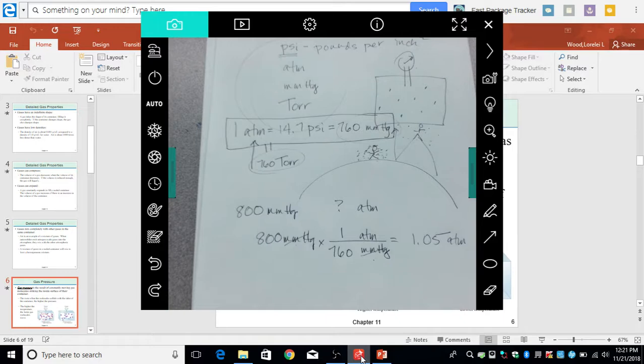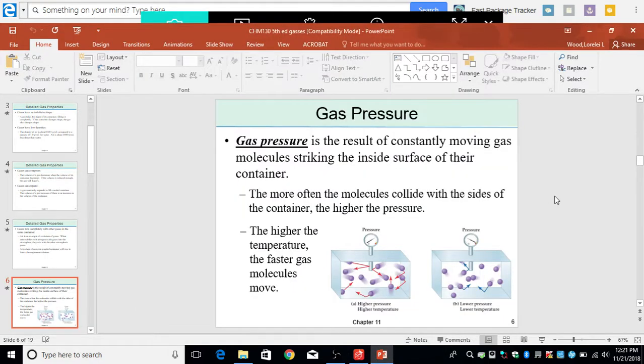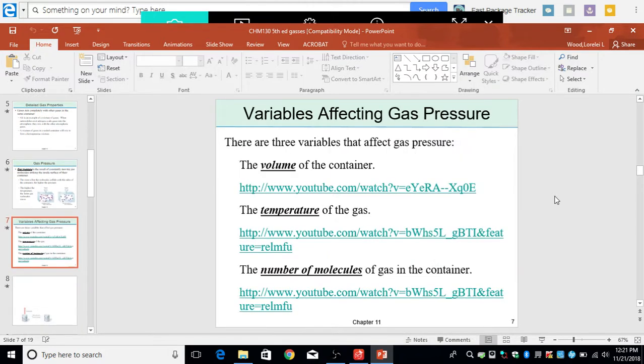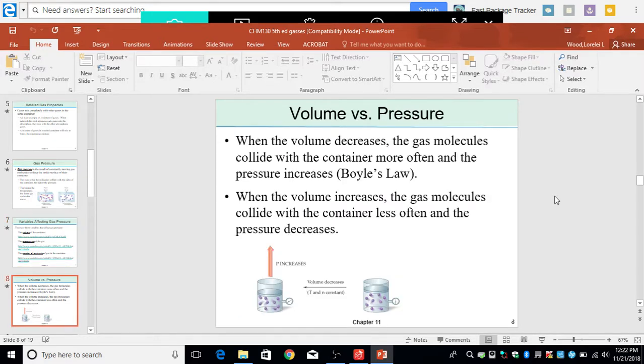All right, so pressure is caused by molecules hitting each other or molecules hitting the side of the container, like in the illustration there. Now we need to think about the types of things that might increase or decrease the pressure and talk about whose law is each one of these discussing. I'm not going to go out onto these web links because we know what happens when I do that with my media here, but I'm going to encourage you guys to, because it gives some nice animations and you can vary some of the conditions in the animation and see how they're affected.